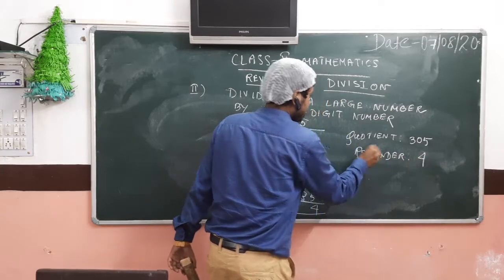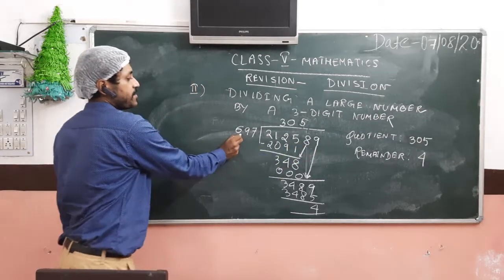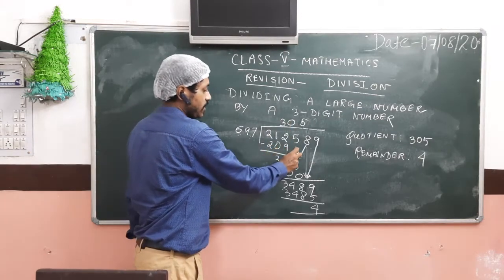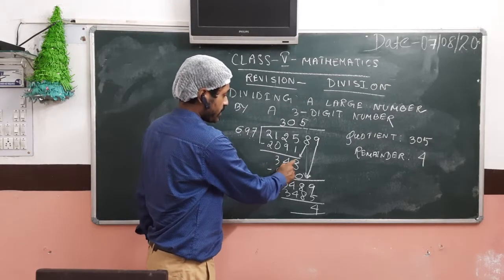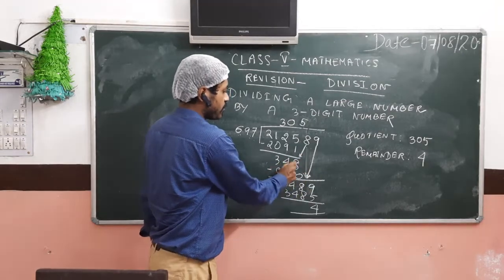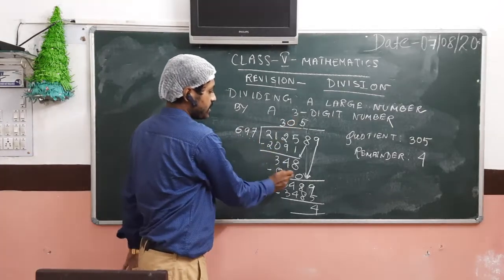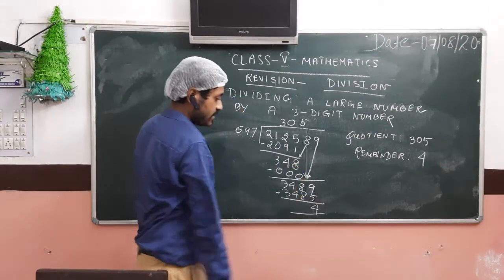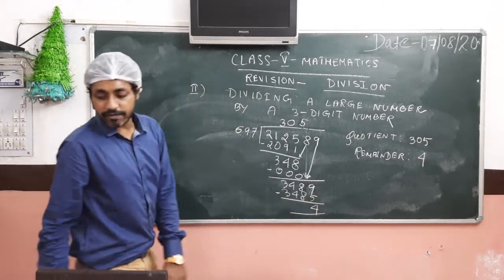So I'll discuss this once again. We have the large number 212589 divided by 697, a 3-digit number. 697 3 times goes 2091. We subtract it and we are left with 3, 4. We bring down 8. Upon bringing down 8, we have 348. But since 348 is lesser than 697, we put a 0 here and we multiply the 0, we get 0, 0, 0. 348 is brought down along with 9. So we have multiplied 5 and we receive 3485 with the remainder of 4.